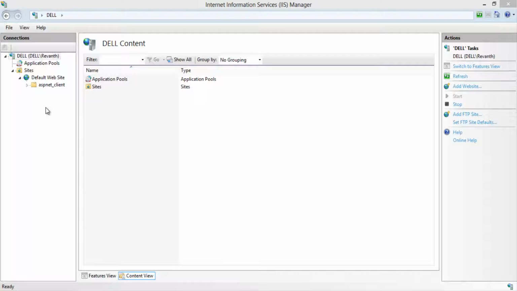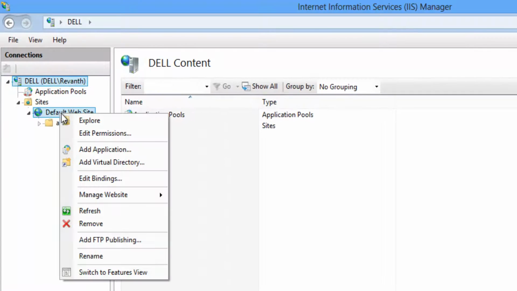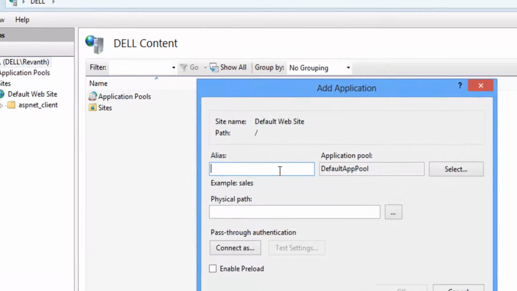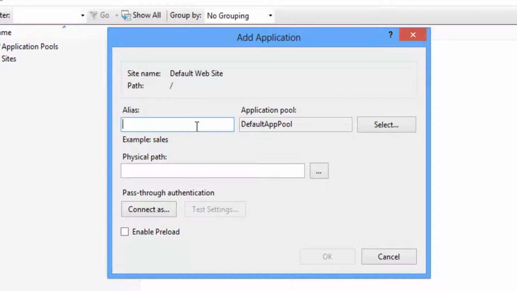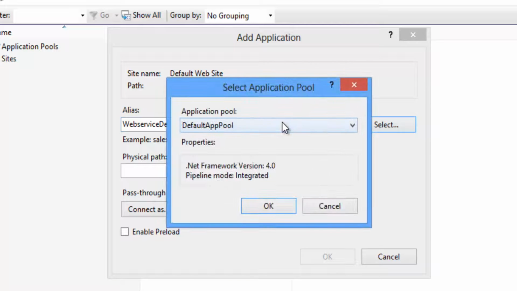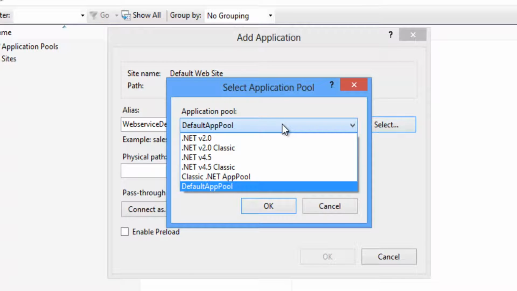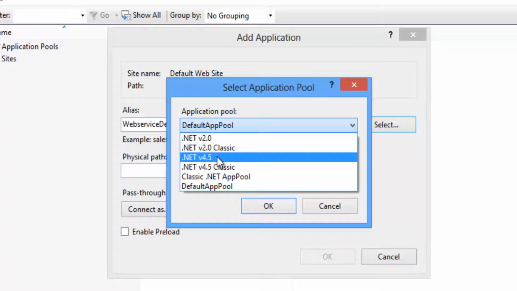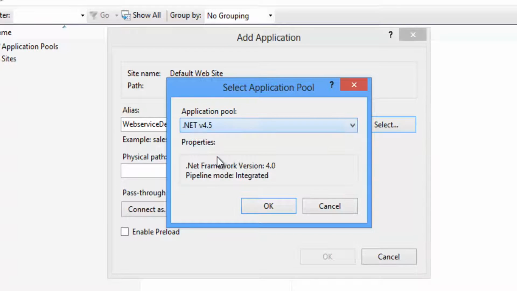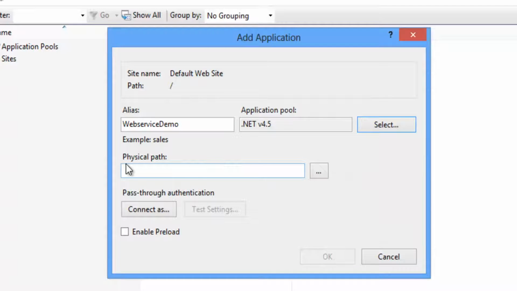Now let's create a project. Right click on the Default Web Site and click on Add Application. Enter an alias name like WebServiceDemo. Then click on the default app pool and select the appropriate version. We have developed the project in .NET 4.5. Let's select that, click on the OK button, and select the physical path,